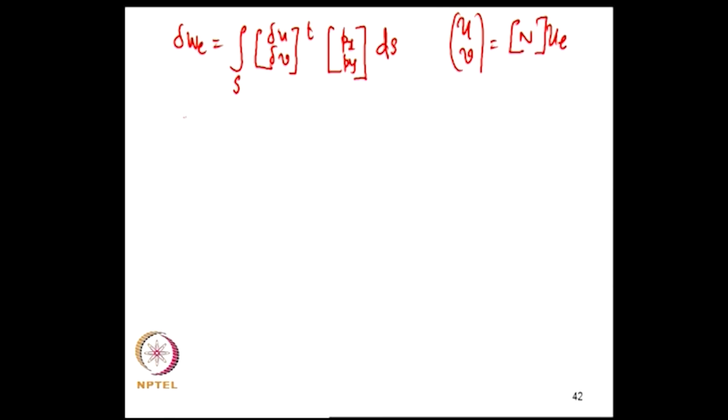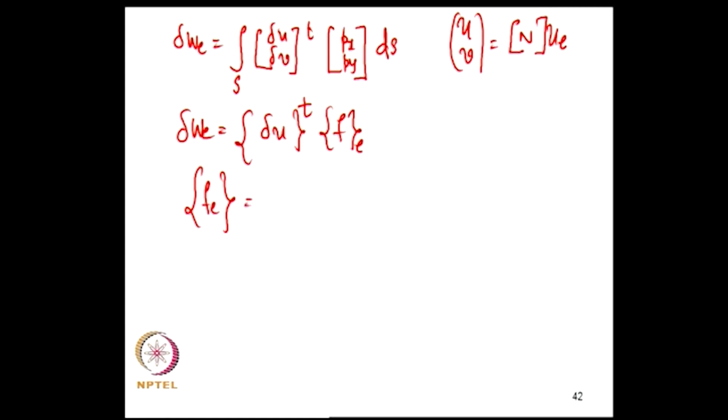So, now we write delta u for the nodal in terms of the equivalent nodal forces. These are the forces that are acting on the surface. I want to represent them in terms of equivalent nodal forces. So, we demand that equivalence of these two will give me the expression Fe equal to